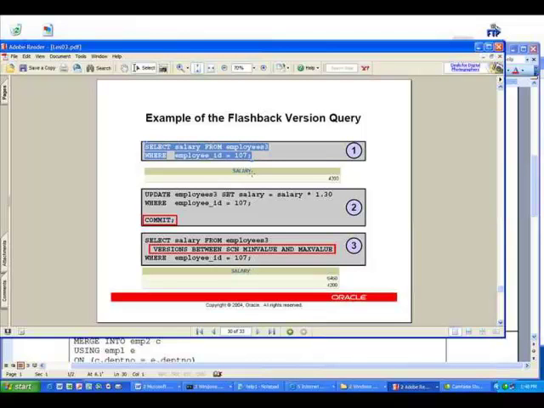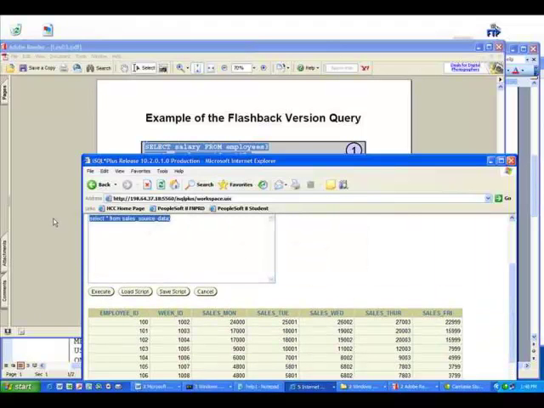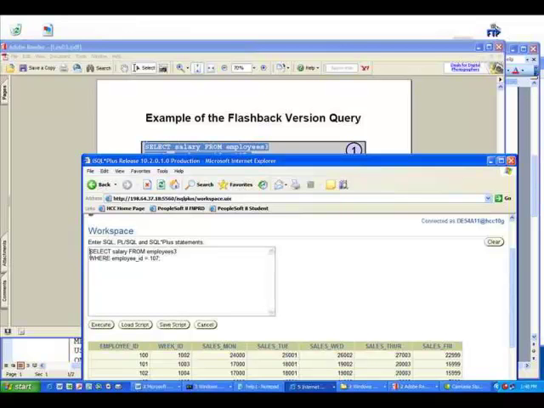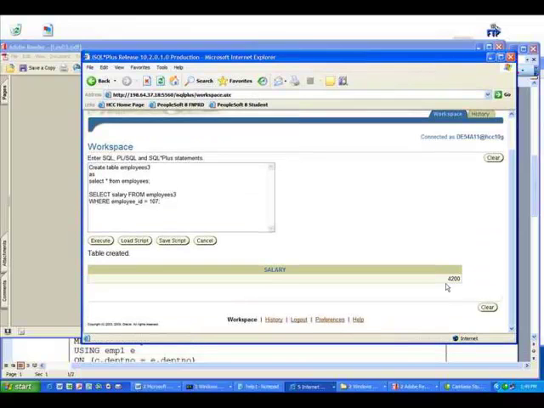So let's consider right here I'm going to copy this one, bring it back to our telnet, and right here I'm selecting this one and pressing enter: create table employee 3 as select asterisk from employee, and then I'm going to select row 107 from the employee table, and right here you're going to see that the salary of employee 107 is